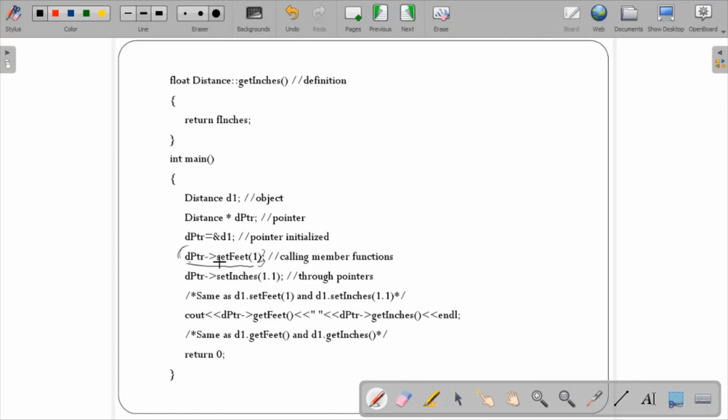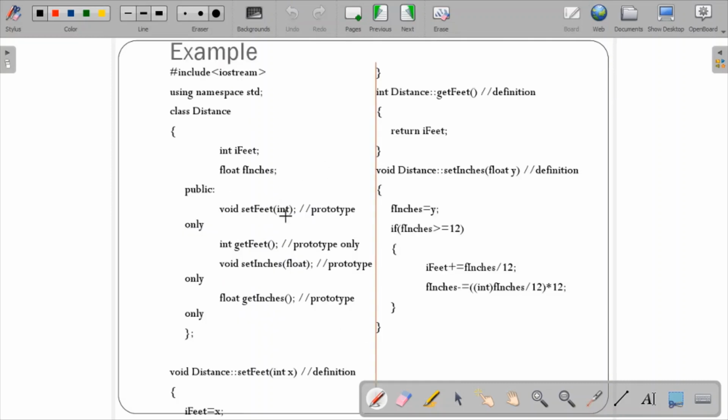Instead of d1 dot setFeet, just the extra thing is the declaration of this pointer and then assigning the address of the object d1 to this pointer. Then dptr arrow setFeet acts the same as calling the function setFeet1; it is doing the same job.